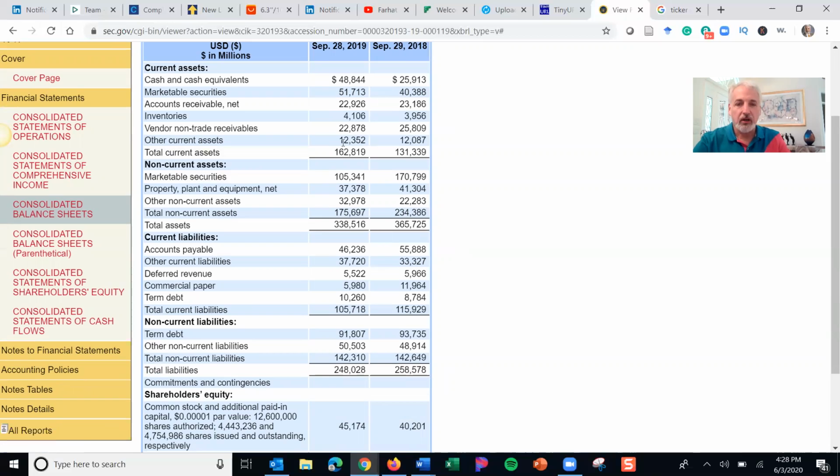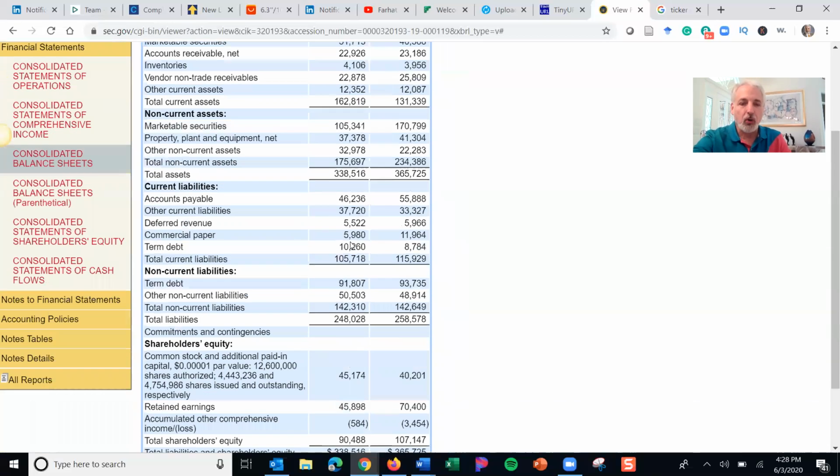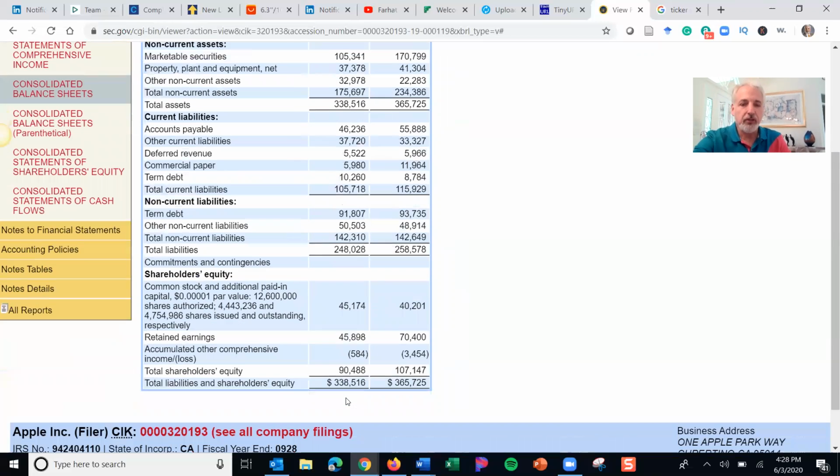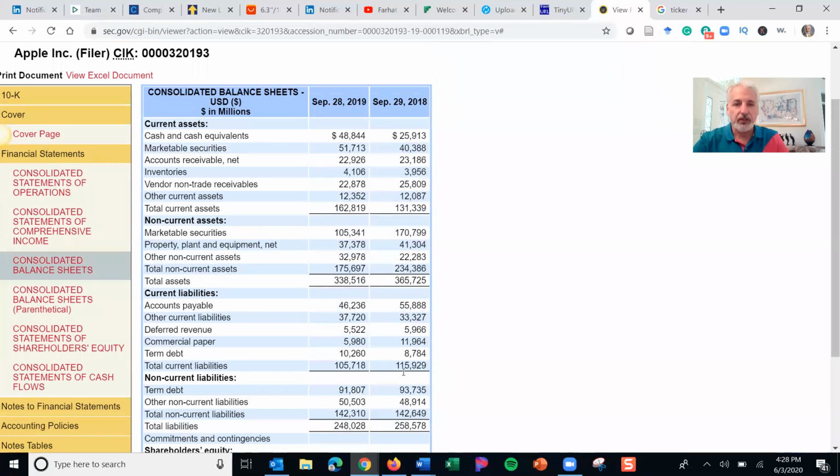And then total assets. You know, current assets, total assets, which equals total liabilities and equity. These two numbers, 338 billion, should equal 338 billion liabilities and equity. Okay. Total liabilities 248, total equity 90, 338 total. You got total assets of 338. Pretty powerful stuff. If you want to do some quick analysis and find some other documents, you can look at